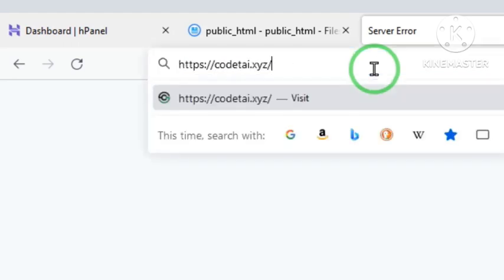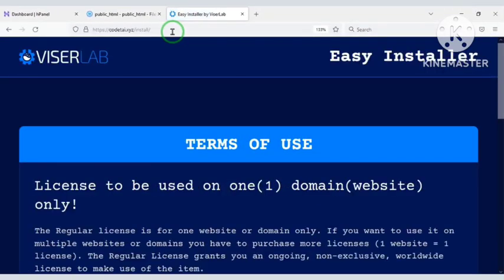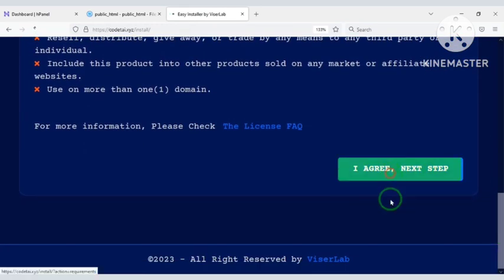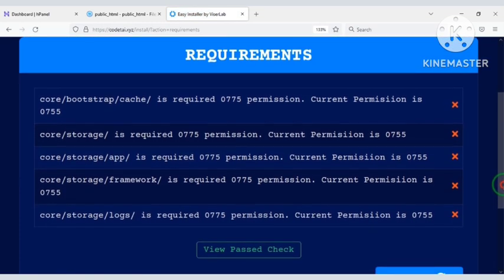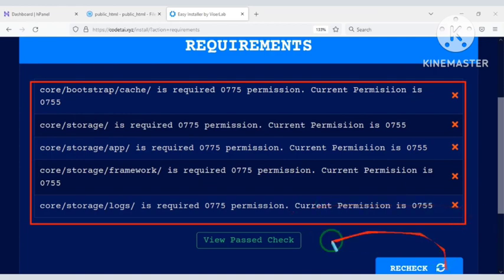Then enter /install. Now we move to the next step. Then we need to add some file permissions.